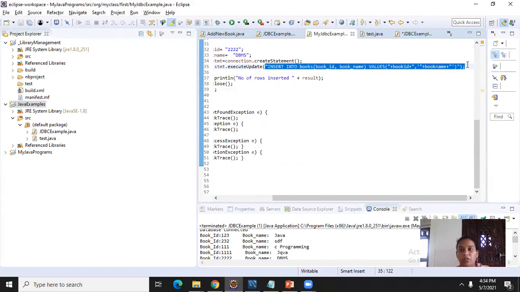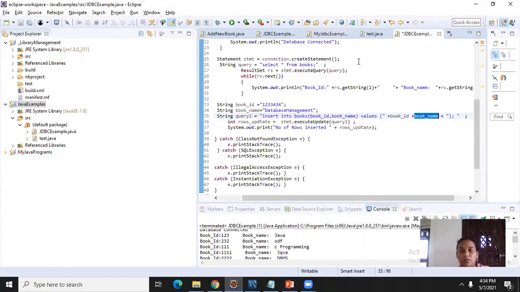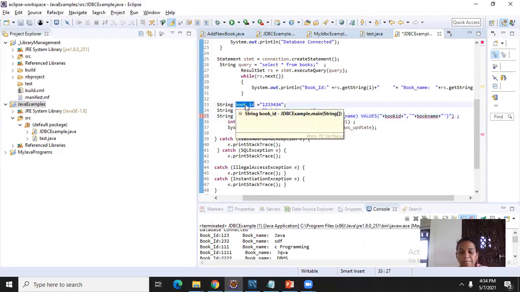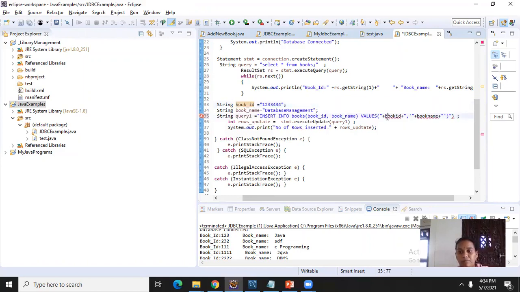I think the mistake is with the query. So I'm copying directly. To save time, I copied. Okay, and number of rows.